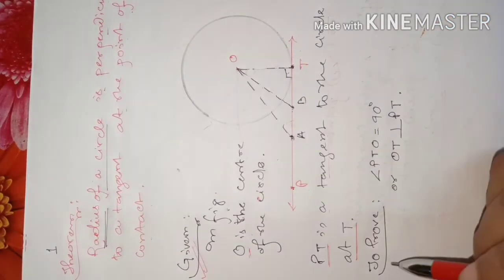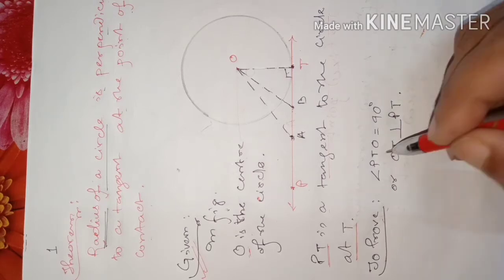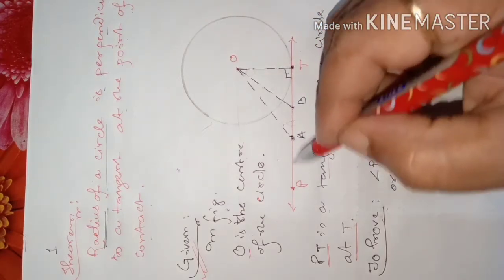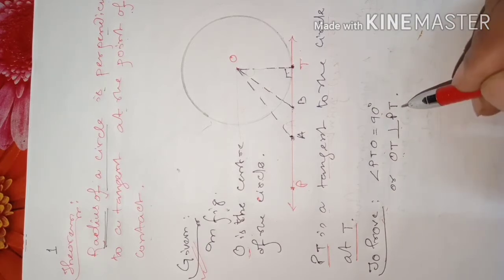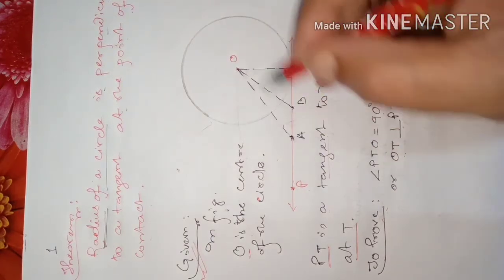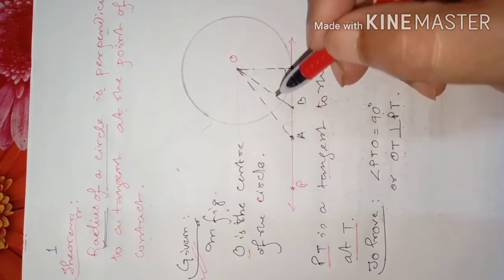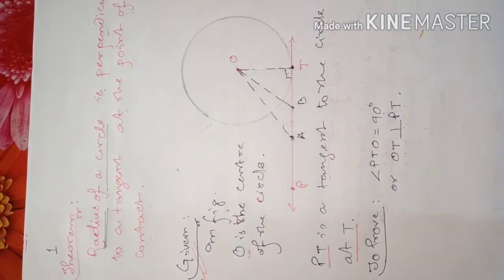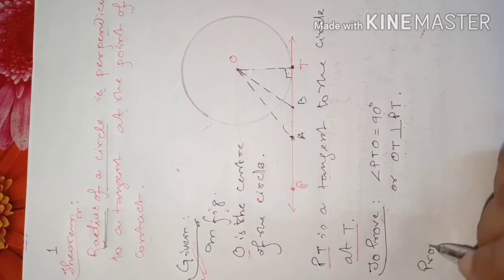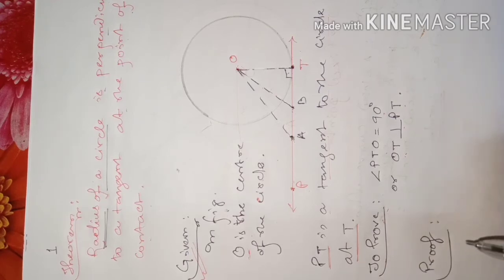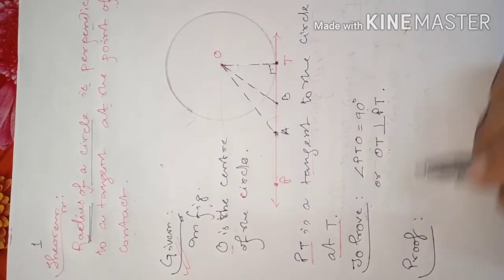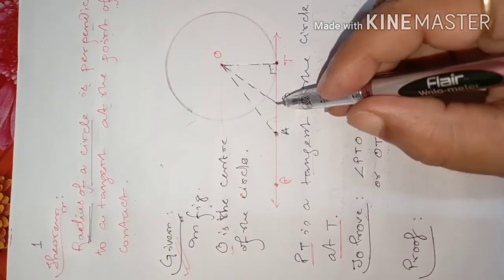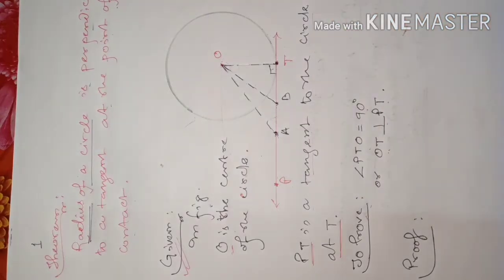Okay. Next you write the to prove statement. To prove what you are going to show? Angle OTP or PTO as 90 degree angle. That is OT perpendicular on PT we are going to show. And this OB and OA, they are just construction only. So we have to mention like this. Construction step you can write, or you can write like this also. In some of the solutions we will write the construction step also. But now we are not mentioning it here. We will write like this: A and B are points taken on this PT, and OA and OB are joined.